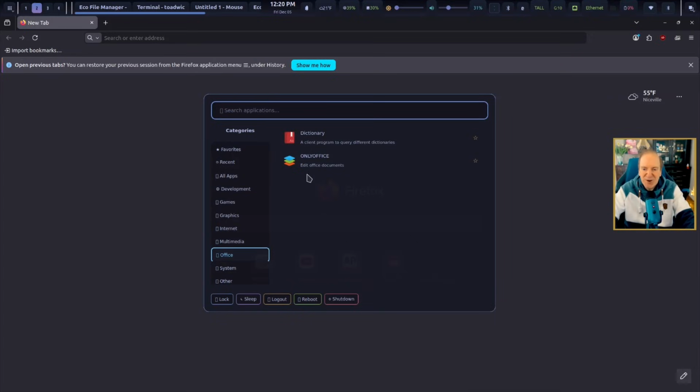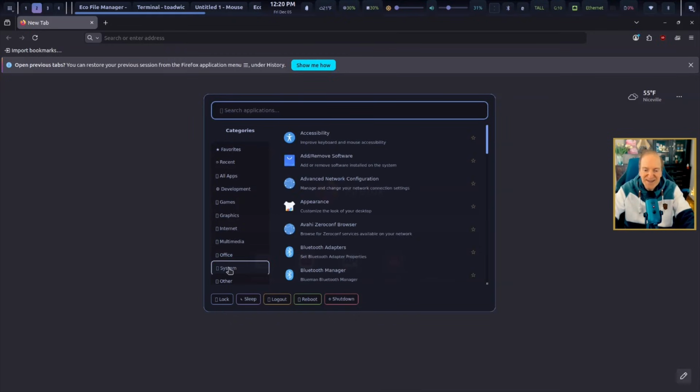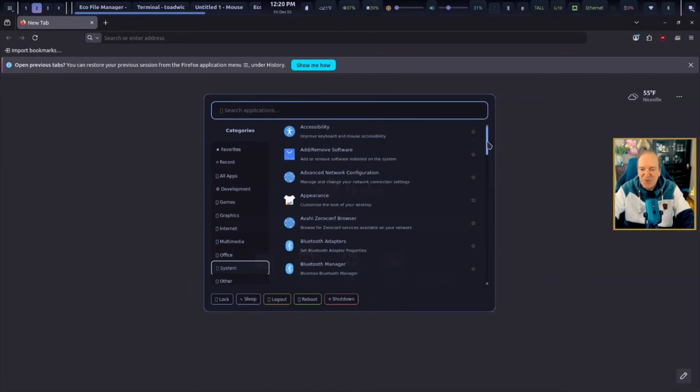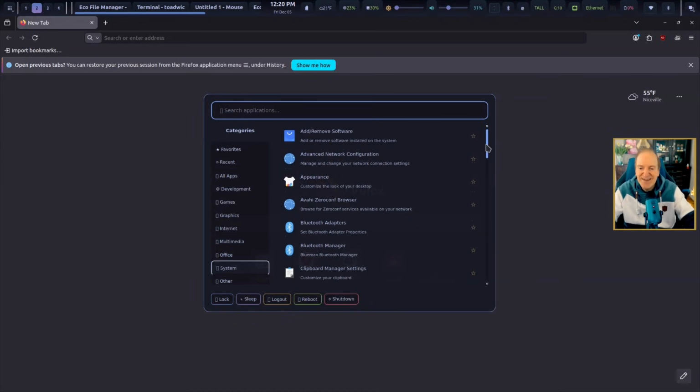It looks so much like Microsoft Office. If you're coming over from Windows, you'll feel right at home in here. Very one-to-one compatible on the documents. Really nice to see. And then under our system, we have the usual system stuff here for Xfce, the important